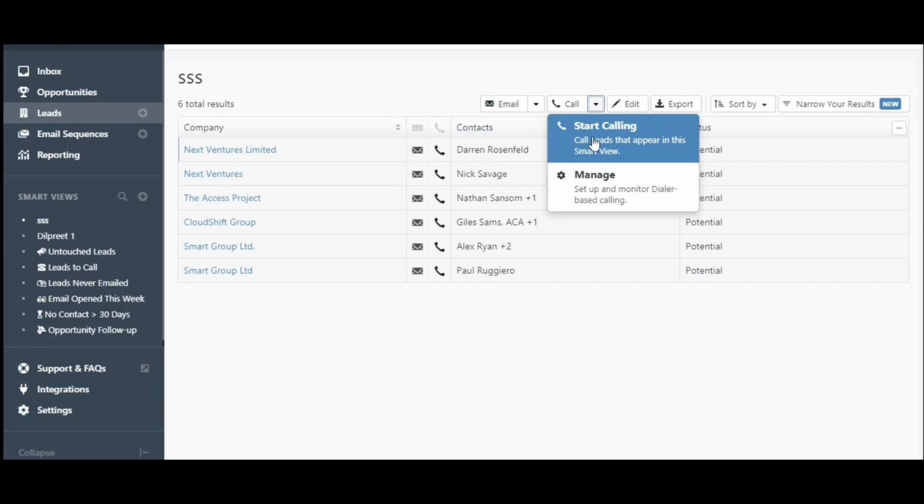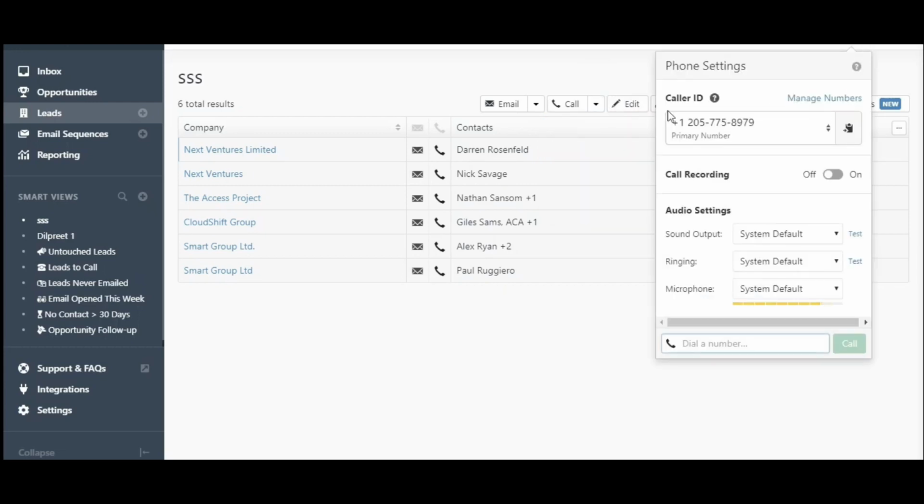I am not showing you the predictive calling option now, but there is also a predictive calling option. In predictive calling, this feature will automatically place calls to people: if one call is hung up, it will automatically start ringing the next call. But in start calling, we select the data manually: when one person hangs up, we manually select the second person whom we want to call.